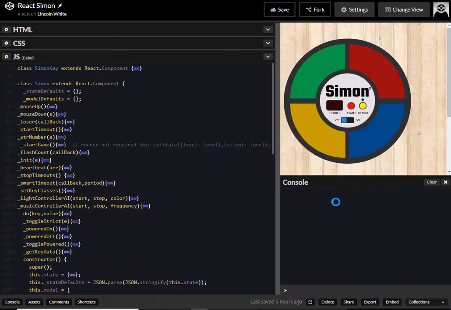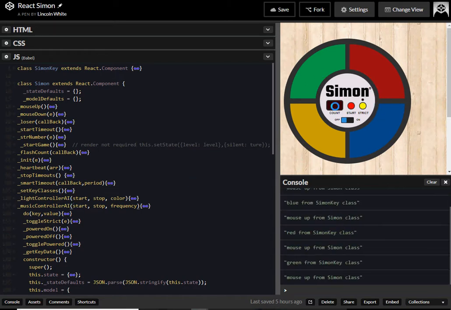Now what we need to do is make, just like how we got a music controller AI and light controller AI, one for the player. The AI would use these most of the time, so we need to make one for the player now, so that when we press these, it will start playing notes like the Simon game, for instance. Okay, so first in the model,